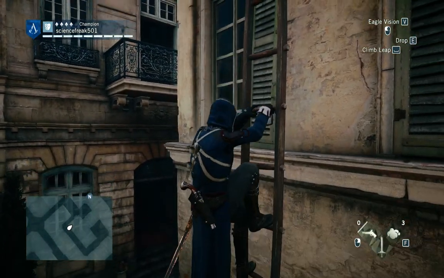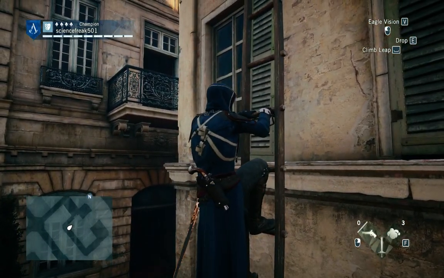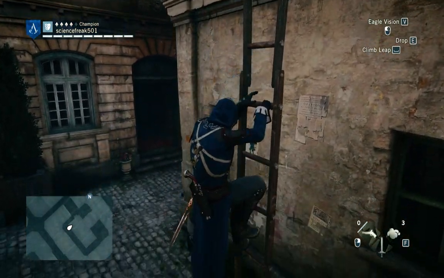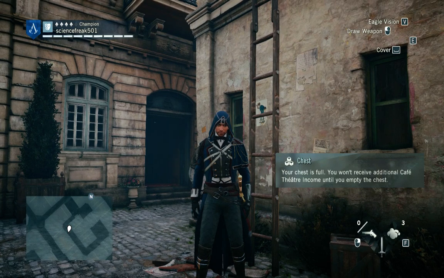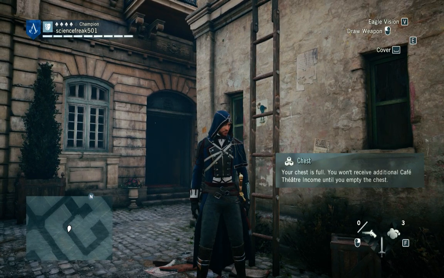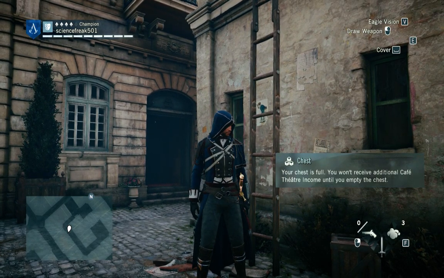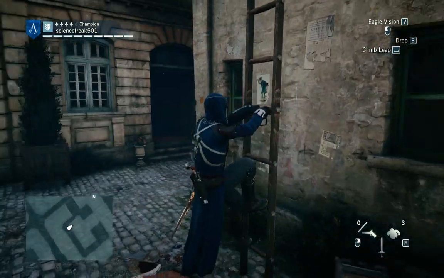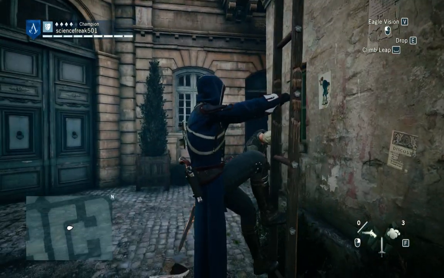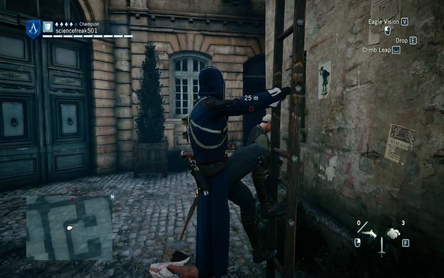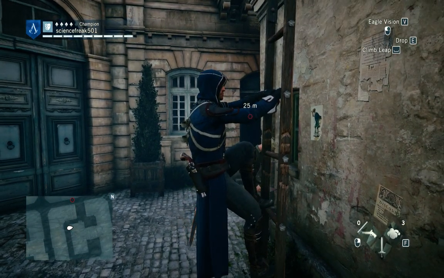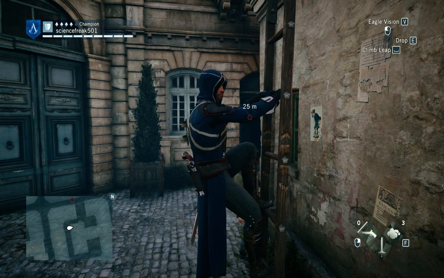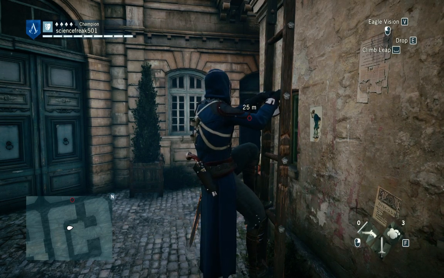The second one that I want to talk about is this ladder, and this ladder is very interesting in getting to know the system that they're using here. So this ladder, if you walk up to it, you can climb up the ladder. However, if we just take it one step at a time by slowly pressing the W key, you can see how the arms and legs